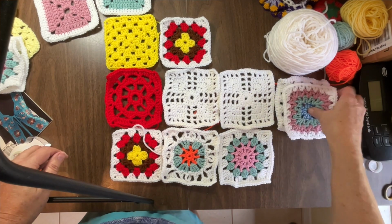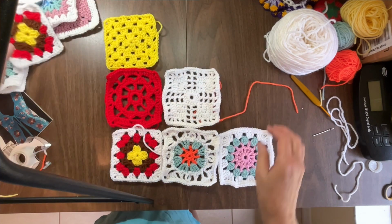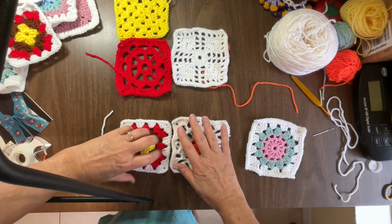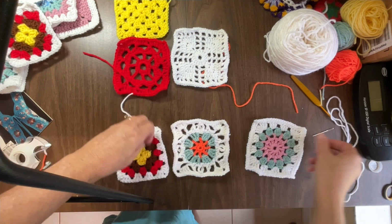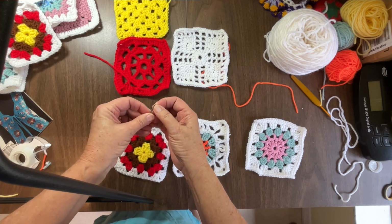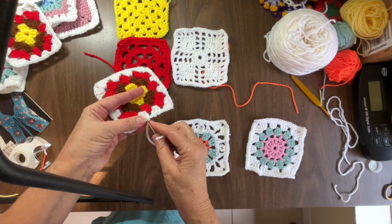Let me get this stuff out of the way now, because I just want to show a couple of the quickies. Okay, we're going to put these two together first. Now, like I said, let me go ahead and weave in my tail. I don't like these tails sticking out. They always seem to get in my way. I always try to do all my tails before I actually sew anything together,